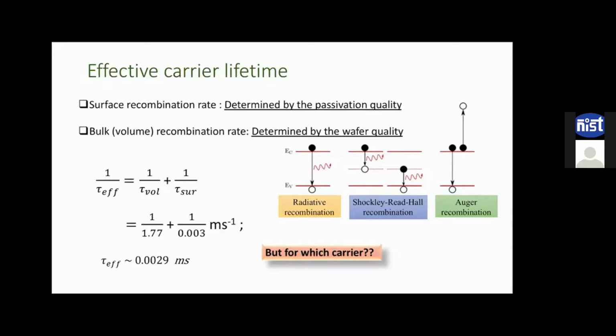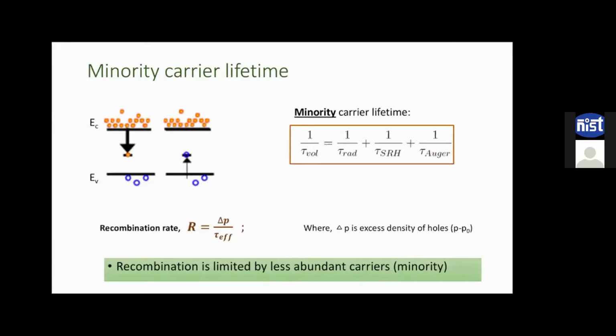Interestingly, it is actually the minority carrier lifetime. It is not about the electron lifetime. It is not about the hole lifetime. It is about the minority carrier lifetime of the photogenerated carriers. So let's take an example. In this picture on the left hand side, this is after photogeneration, after this semiconductor has absorbed sunlight. Obviously we are using an N-type semiconductor because the number of electrons in the conduction band is much higher than the number of holes in the valence band.